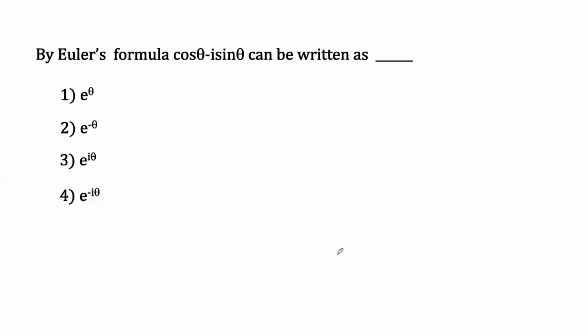Now, one question on this. If I'm writing cos theta minus I sine theta, what is the value of this? Which one will be the correct one? Simplest question. We know that cos theta plus I sine theta is Z, and we need a minus sign. So if in place of theta I write minus theta, cos of minus theta is cos theta only, but sine of minus theta is minus sine theta, and this is nothing but e to the power minus I theta.